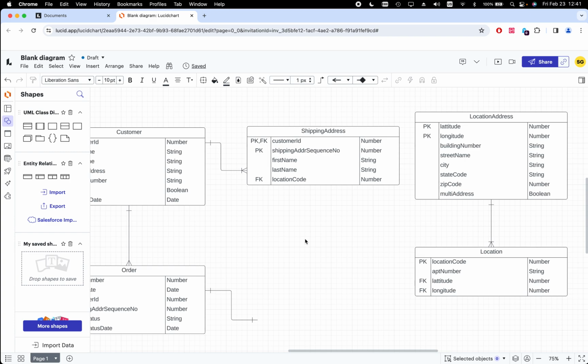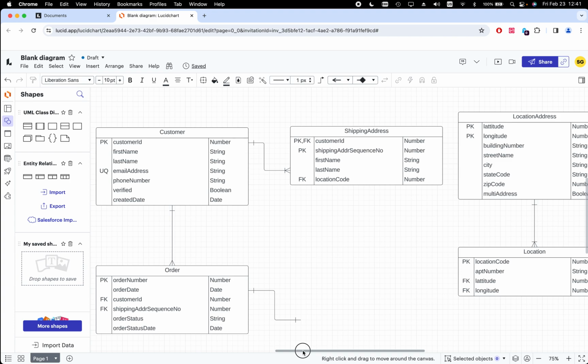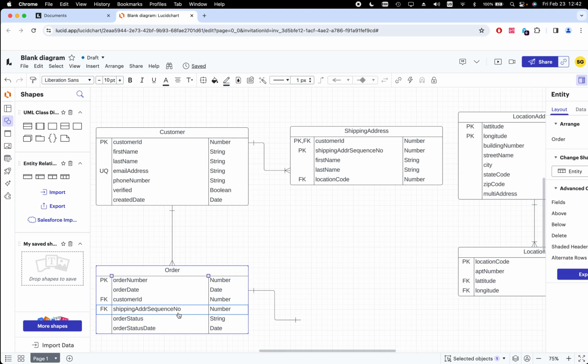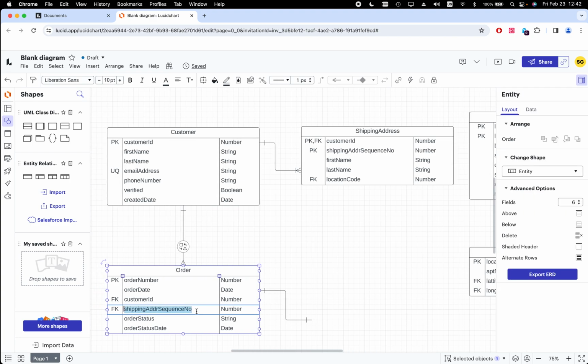Now what happens is, I have this customer, and he has a shipping address sequence number that tells me that for this customer, I did ship the stuff to a particular location that the customer told me to ship it to. But I need to know the shipping address. I don't care about the customer shipping address sequence number that he or she has saved. I really need to know the actual address where I delivered it. So now I'm changing the shipping address sequence number into location code,